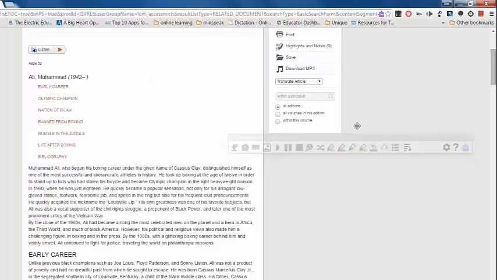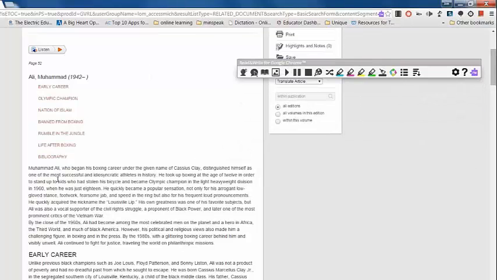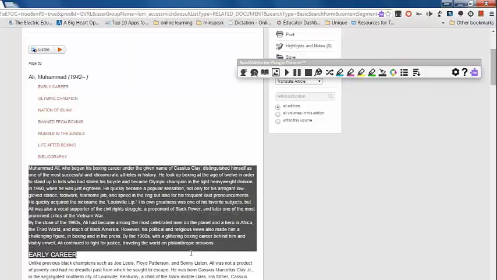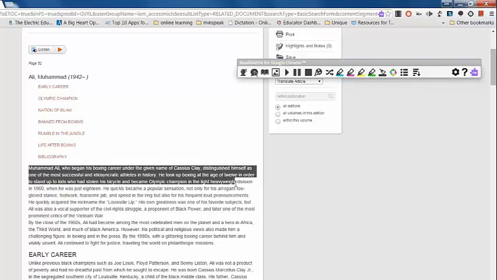It floats. I can drag it around, and I can use this to, again, I don't want to read too much,